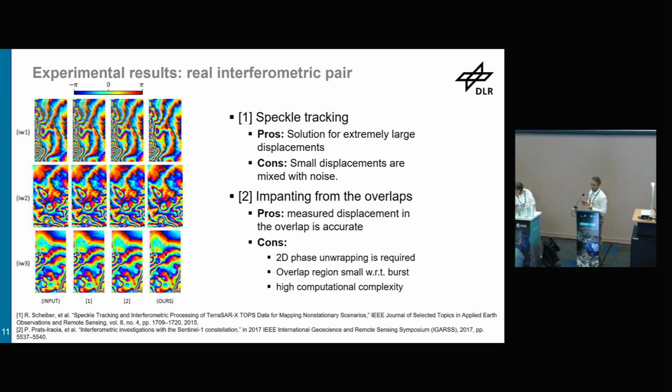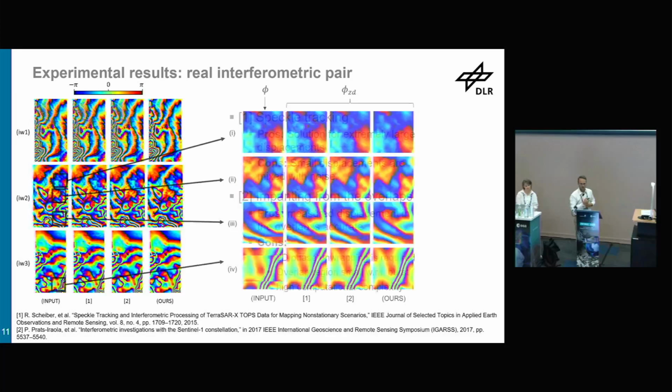The advantages in this case are for sure the measured displacement overlap that is accurate, but we have problems because we have to use a 2D phase unwrapping, which in general is quite tricky. Overlap regions are very small with respect to the burst, and there is also a high computational complexity. I want to just focus the attention on these patches and show you how our algorithm is solving some also